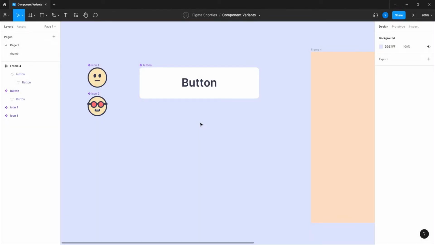Hi guys, in this short tutorial I will show how to add a variant to an existing component. Let's say that I need another version of this button also with an icon. So instead of creating a separate new component with an icon, I can add a variant, another version of this